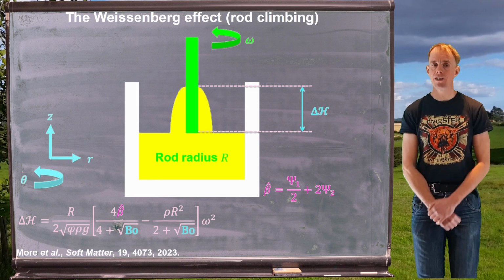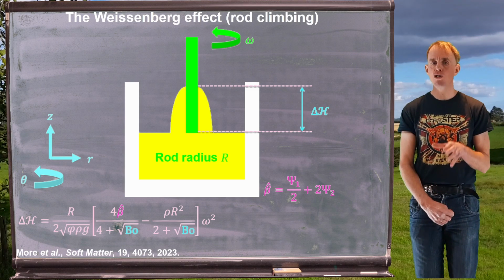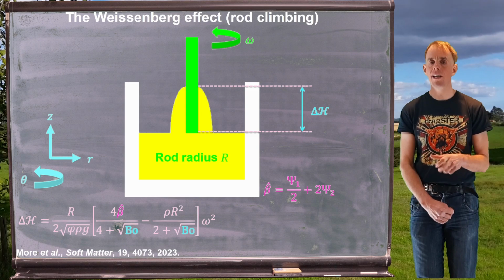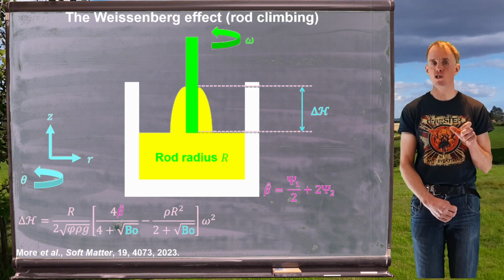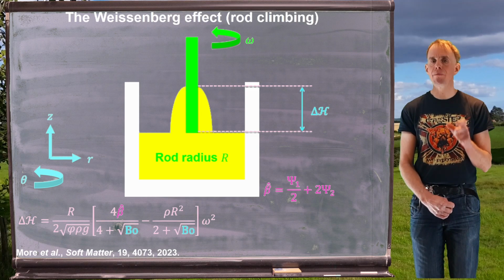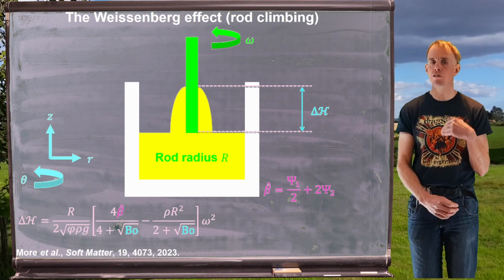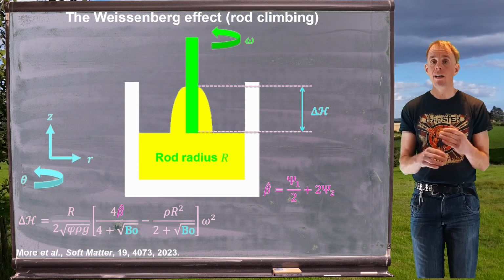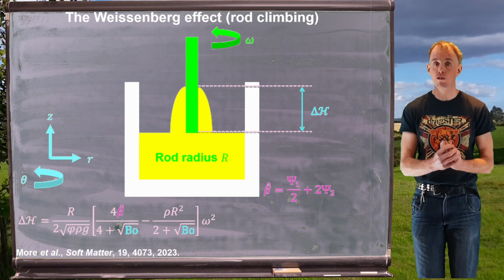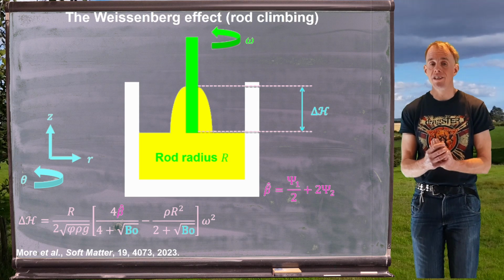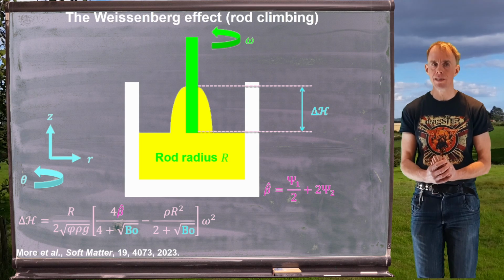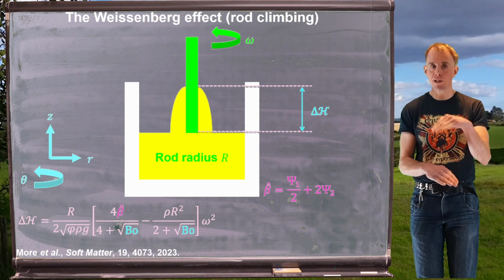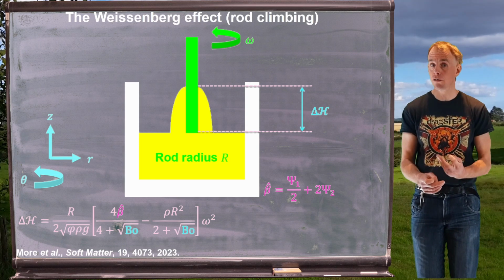The really nice thing is that the contribution of psi2 to beta is 4 times the contribution of psi1. Now remember that psi2 is typically 10 times lower than psi1. This acts to redress that balance a bit and makes those psi2 contributions far more significant than they otherwise would be, which means that if we can measure delta H, we might be able to get more accurate information out